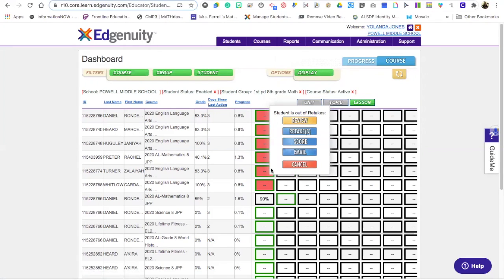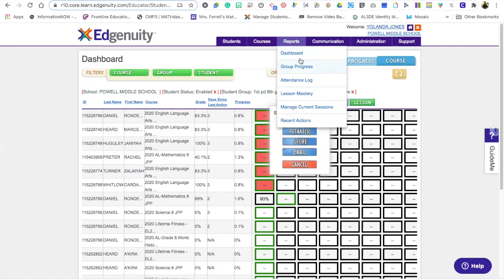And here you see they didn't pass. You can review and see what they were doing. You can set a retake here. You can look at the score, change the score here. You can email them from here as well. So once you set a retake, you can go ahead and email them at the same time. So this is under the